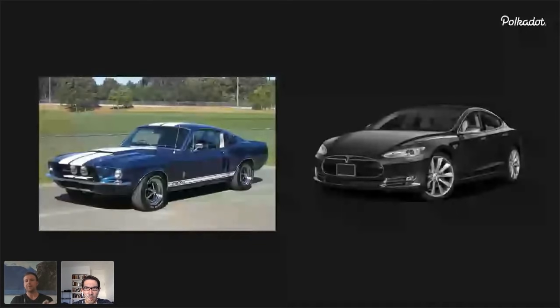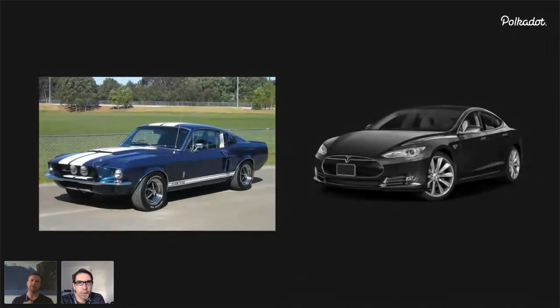But when you buy the Shelby on the left, the car that you get on day one is going to be the same car you get, if not a little bit more deteriorated, after 5 or 10 years. But one of the reasons why people love Teslas is because Teslas can actually upgrade over the air through Wi-Fi or through 4G and get upgrades to their car that impact the different abilities the car has, such as pulling itself out of the garage or parking itself or self-driving features that Elon and his team